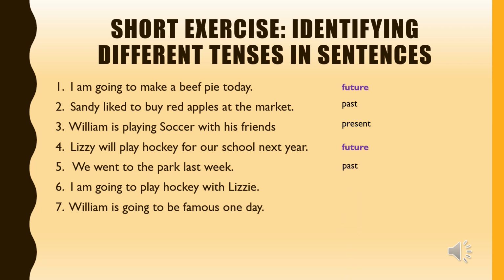Number 6. I am going to play hockey with Lizzie. Going means we have not gotten there yet. Thus, it is in the future tense. Number 7. William is going to be famous one day. And again, we find the word going, future tense. Okay,